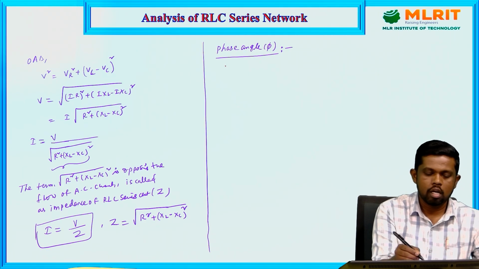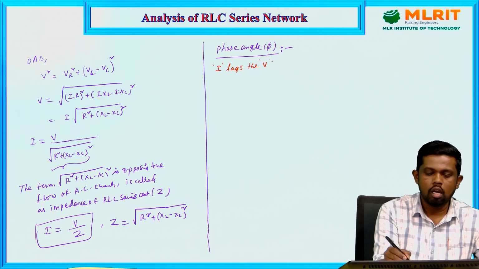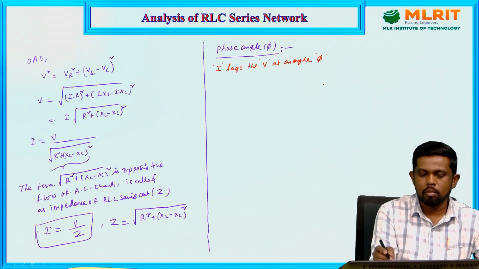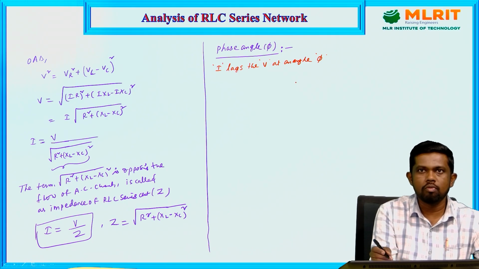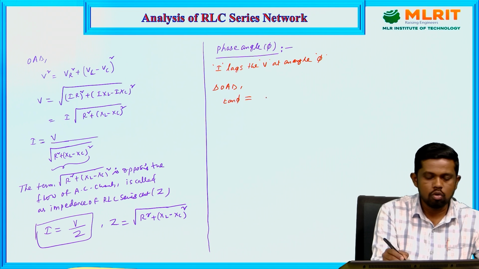So we can say the current of the network always lags the voltage at an angle of phi degrees. For that we need to determine how much the phase angle or power factor angle is. For that we need to consider again triangle OAD, and write the tan phi value. So tan phi equals, from triangle OAD,